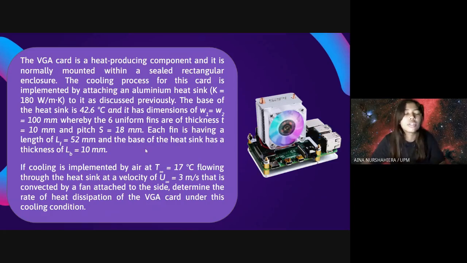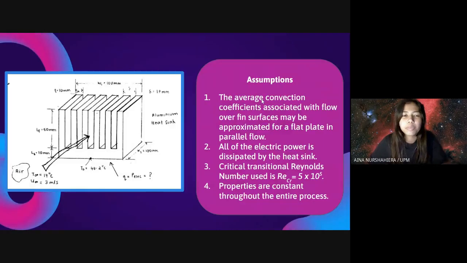The base of the heatsink has a thickness of 10 millimeter. The cooling is implemented by air at a temperature of 17 degrees Celsius, flowing through the heatsink at a velocity of 3 meter per second, convected by a fan attached to the side. Determine the rate of heat dissipation of the VGA card under this cooling condition. And this is the diagram, including the heatsink, its dimensions, and the convection